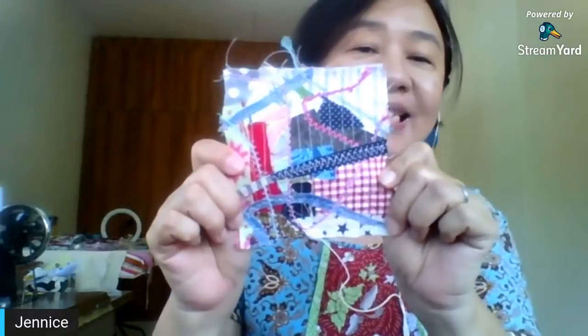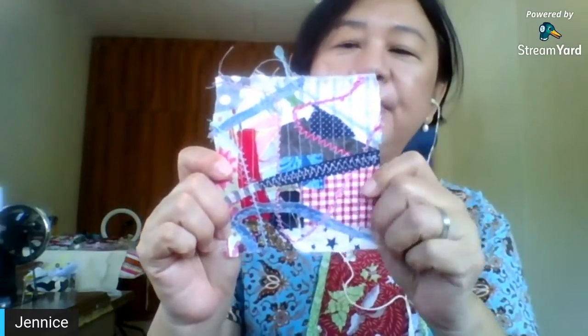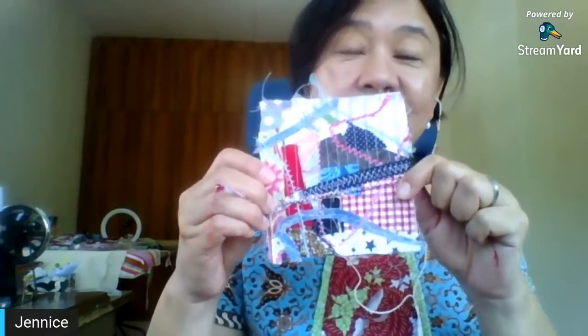Okay, that's it. So that is what I wanted to show you today. That's how you make this thread, and that was what I showed you yesterday with this jumble tumble fabric. You can actually put this on top and zigzag it, again using a zigzag, right? So, and then we have